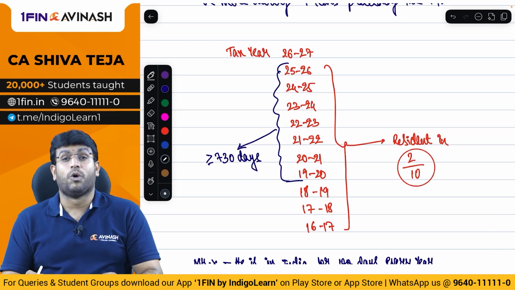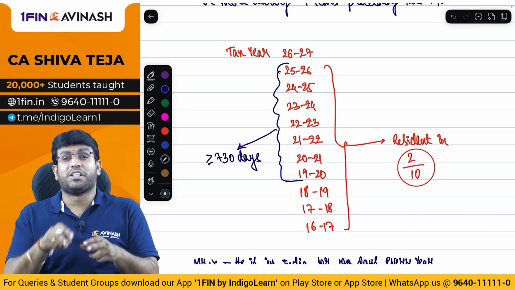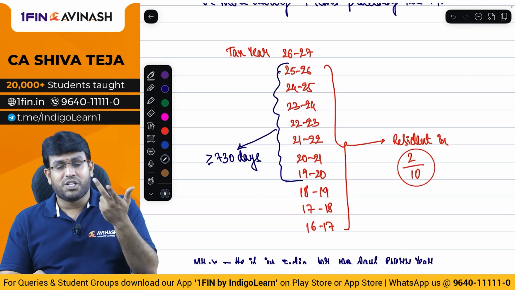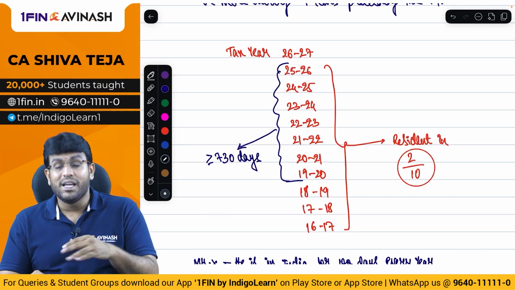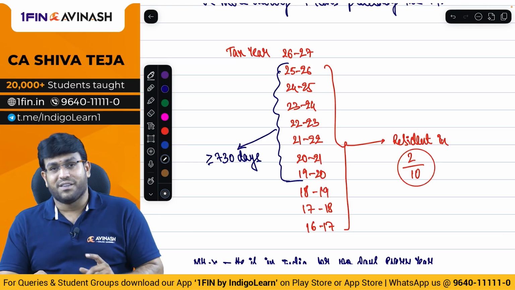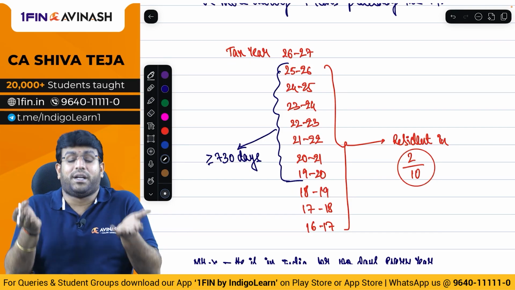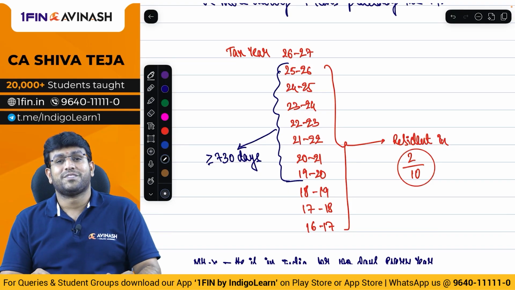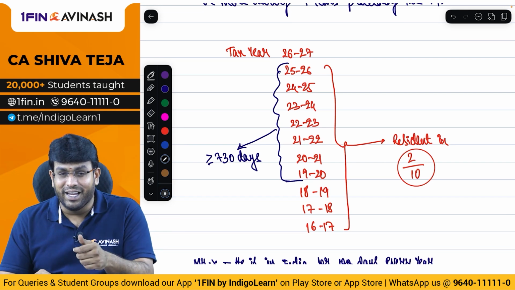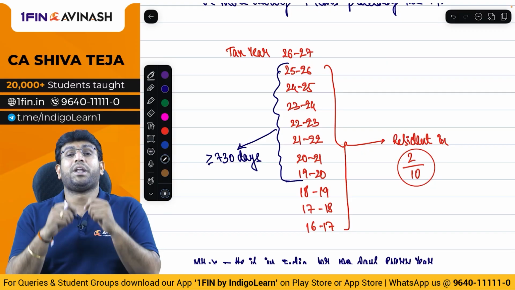That is a resident in at least 2 out of 10 years. What should I do by looking at the first additional condition? Because, my dear friends, you apply the logic. Once the second additional condition failed, what is the second additional condition? 730 days or more in last 7 years. Once the second additional condition failed, there is no requirement to look at the first additional condition. Come on, what did I just say? I told a wonderful statement. Once the second additional condition failed, I repeat, once the second additional condition failed, there is no requirement to look